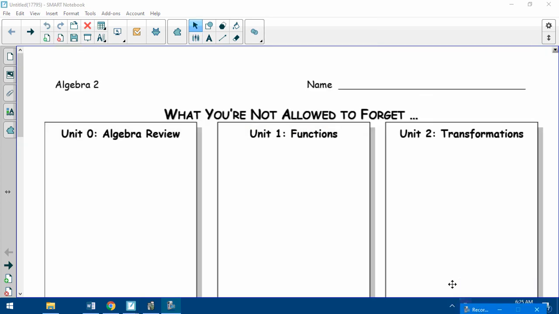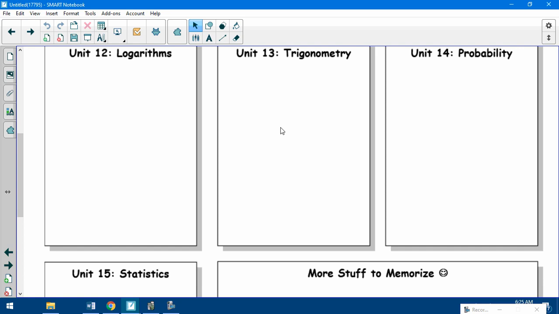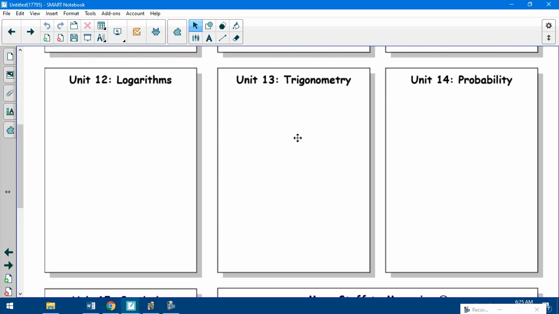Okay, lastly, let's just fill out the what-you're-not-allowed-to-forget sheet quick. If you don't have it with you, maybe write it down on a separate sheet of paper so that you can fill it in when you get it back. But to know for the end of the year, important things about logs. What a log is really is the most important thing from this unit. So I would say